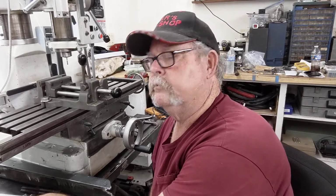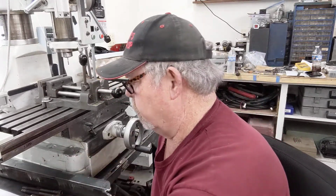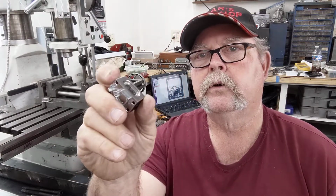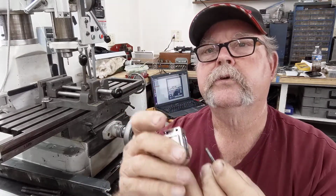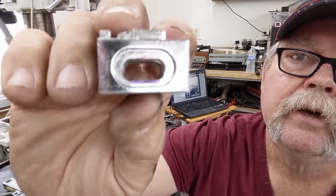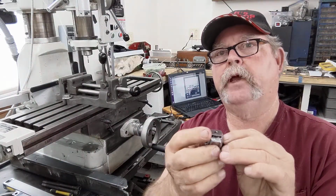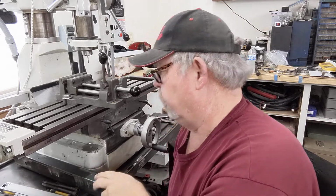But I wanted to get caught back up on this plate for the scale, and took the end off here this morning, and let me show you the reason why. The screws that went through, these are 10-32s, they were fouling because of my layout on the plate I made. Let's get it up here where you can see where the purple is. I had to mill off around 20 thousandths so I would have movement back and forth. I had a little bit of movement, but that being reason for my layout,